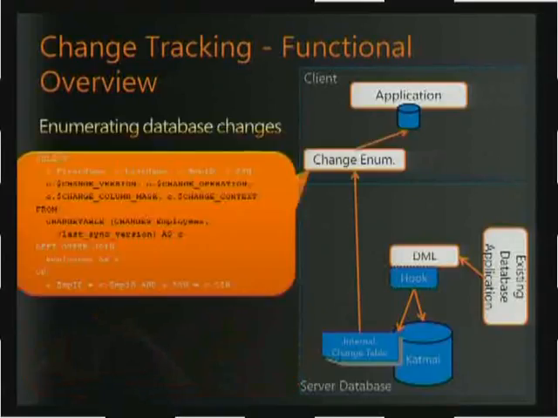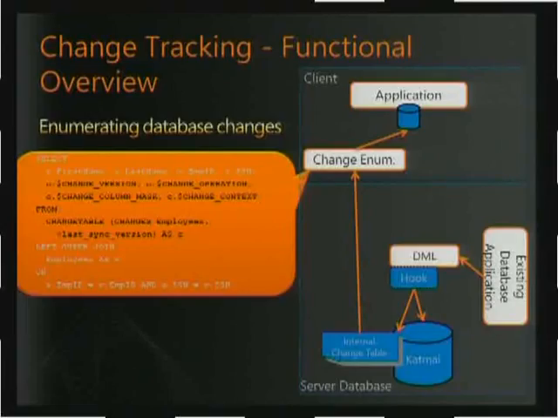When you actually select changes from the system, what you find is that there's a handful of new functions that exist: change version, change operation, column mask, and context. I'll explain those in a bit. And there's a change table syntax that actually lets you query the changes from the change table. What you really end up doing as a developer is you join your user table with the change table and pass in your anchor, and you get all the new things. So it's very similar to what you saw before, but now it's just kind of managed inside the database system itself. The change version, change operation, and the column mask and context are actual columns coming from the change table